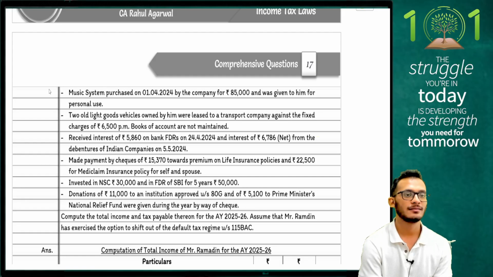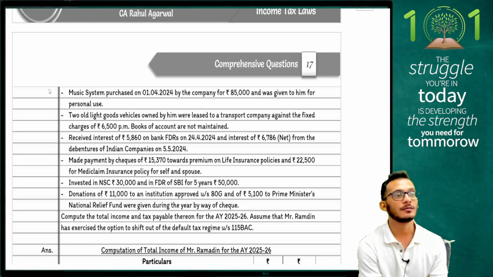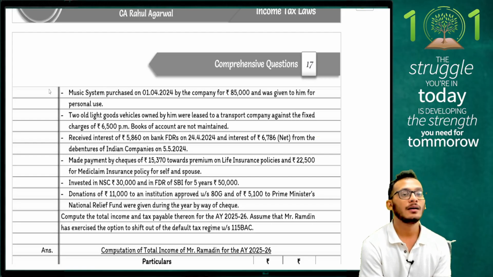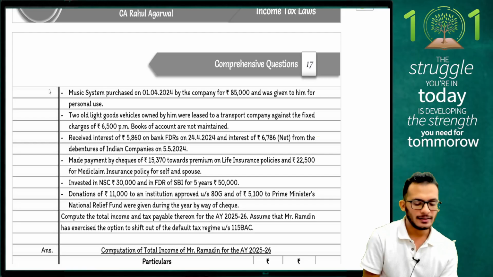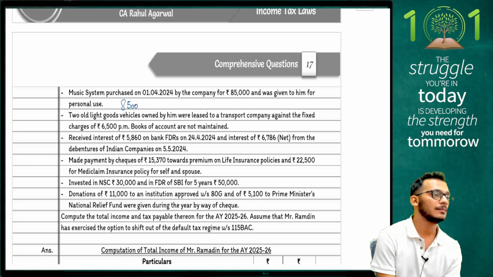किसके यूज के लिए? Employer has bought it for employees use. Use of mobile assets to the employee. Therefore, taxable in the hands of employee. Now check and tell me, people, was this asset acquired or was this asset hired? It was acquired, which means 10% of the cost, which is 8,500, fully taxable in the hands of